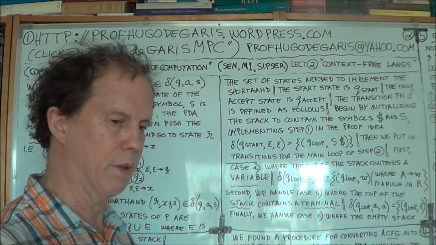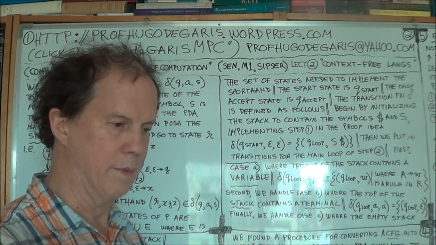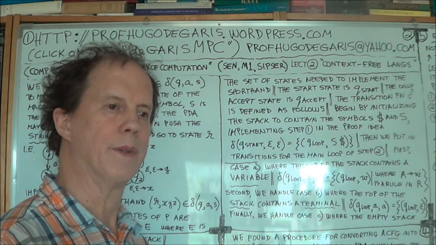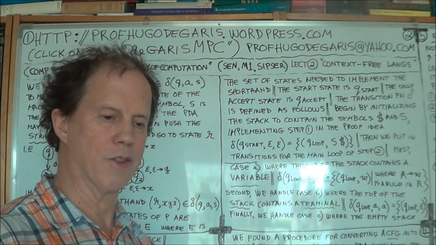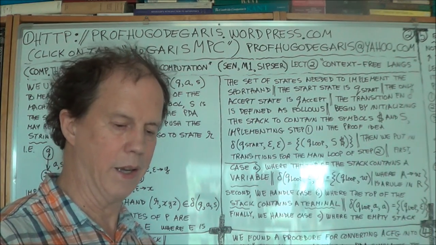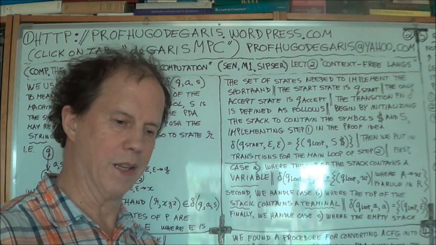Okay, so in other words, your PDA is behaving just like a grammar. So it's in a sense simultaneously accepting the string as a machine, as a PDA, but also generating